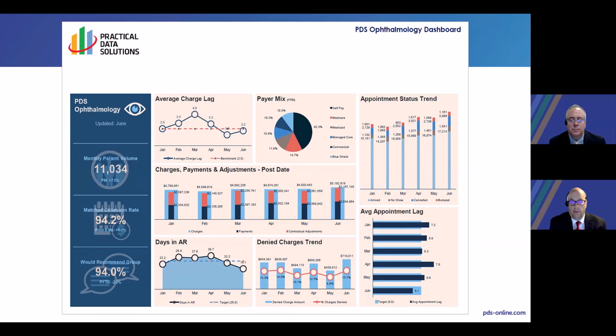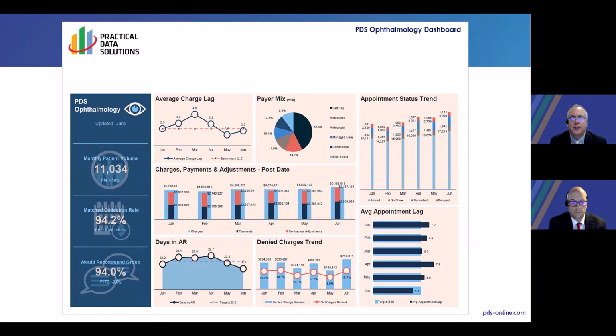I think this is just kind of key to see the trends over time, see how our volumes are working, and then, of course, paying attention to our payer mix and seeing how it may be changing over time as well. Yeah, and so what you don't see on this financial dashboard is RVUs, and I know